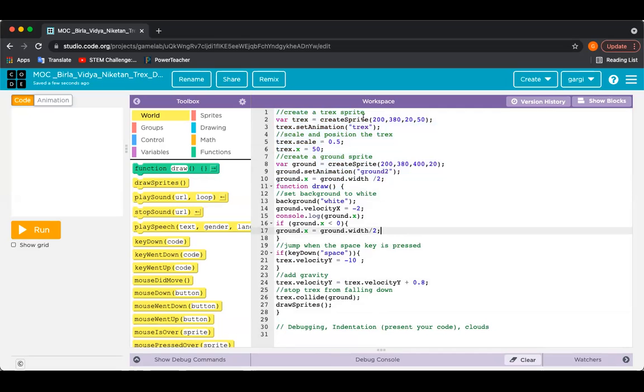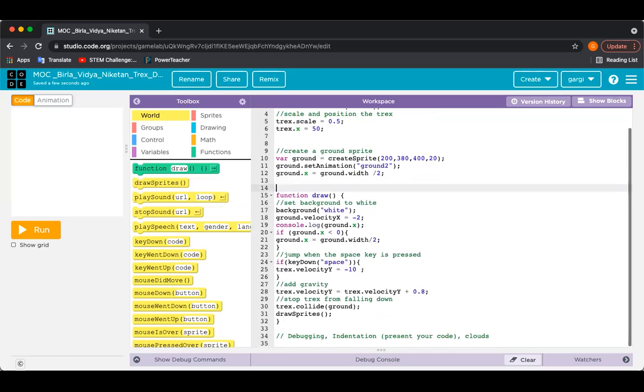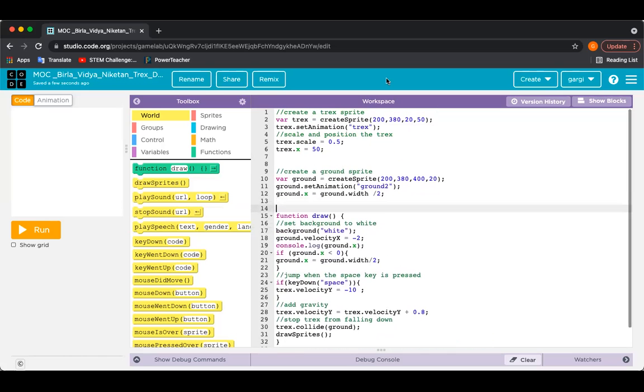So what's the trick? The trick is simple. Wherever your one object is over, you give some space there. Like here, T-Rex sprite is being created, animation is added, scale is done, and position is decided. After that, ground is happening. So we can keep 1 or 2 lines of space. Similarly, for function draw, we can keep 1 or 2 lines of space.